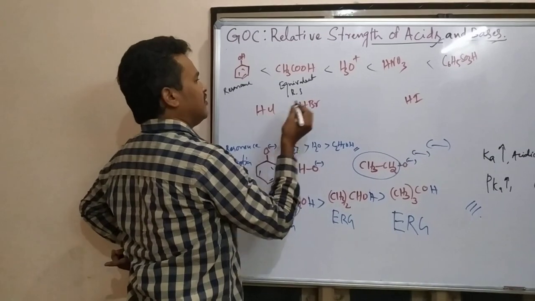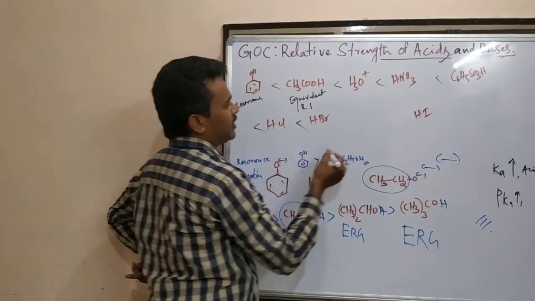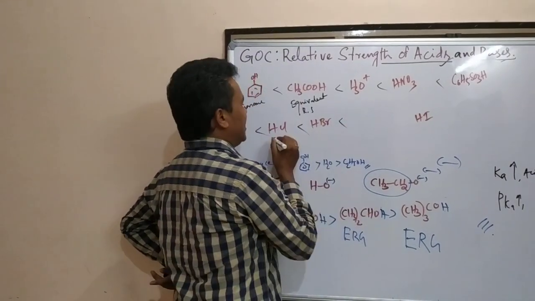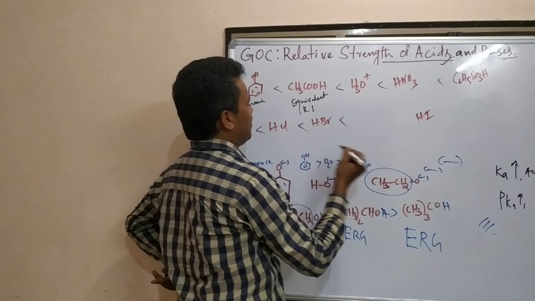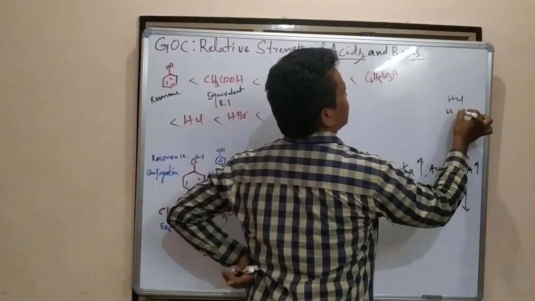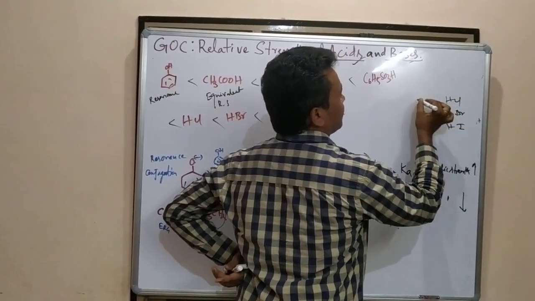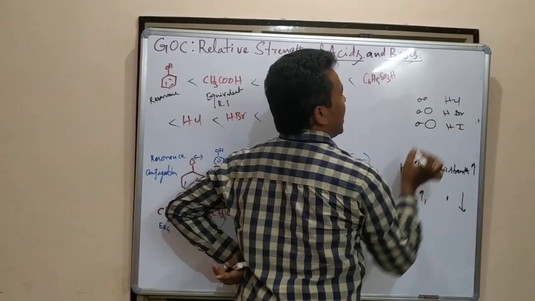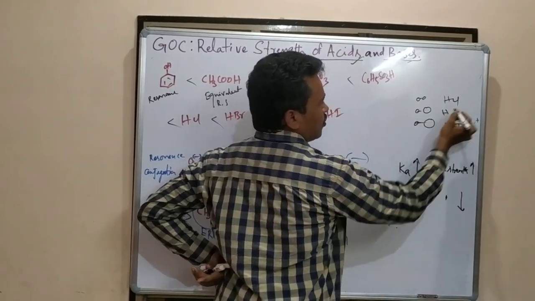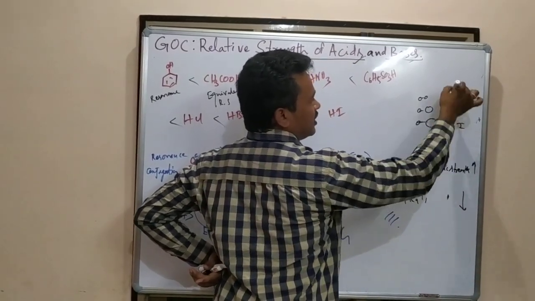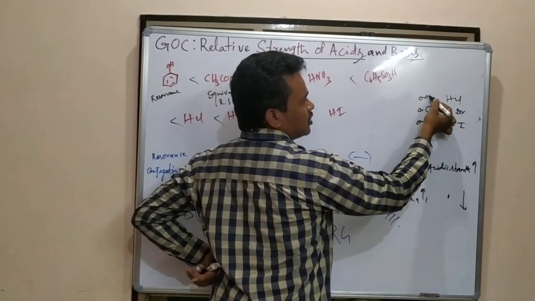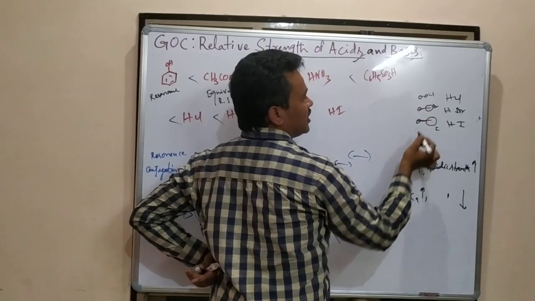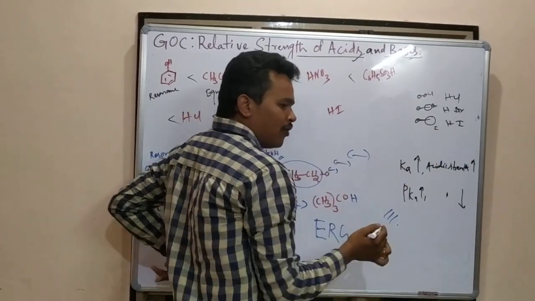Come after that, what is that? After that, HCl coming, HBr coming. Here in between, somewhere after here, HCl, HBr, HI. We can give an order for this one. HCl, HBr, HI. Hydrogen is the same. Cl attached here, Br attached here, I attached here. So down the group, chlorine, bromine, iodine are in a group. Down the group, size increases, so the bond length also increases.